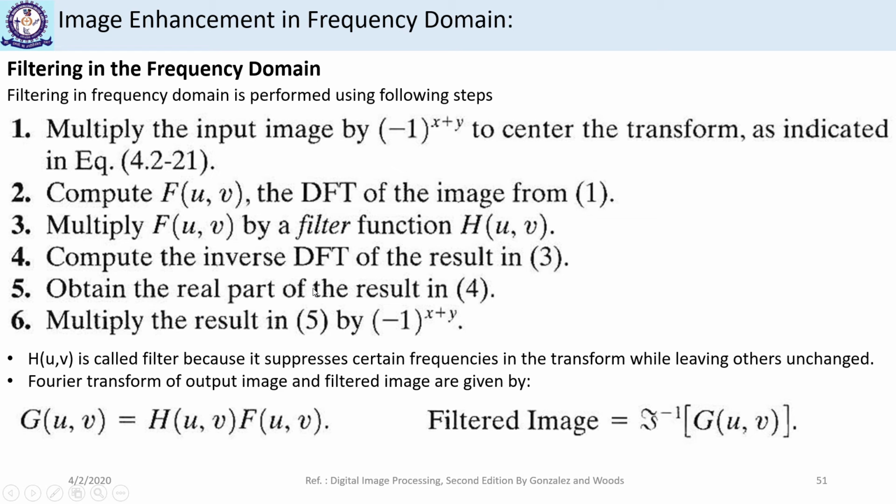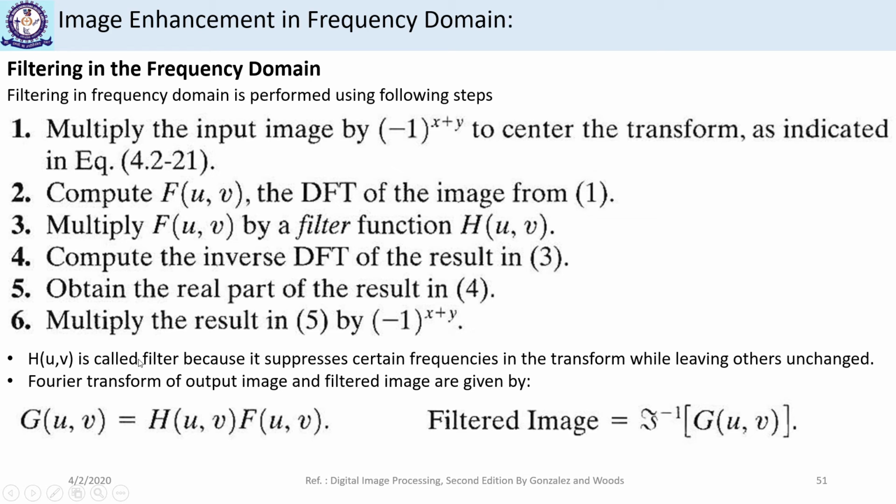Why do we take only the real part? Because when the filter coefficients are positive and real, and the image coefficients are also real, then the imaginary coefficients will be negligible. So we can neglect those imaginary parts, and we take only the real part of the result. Then we multiply the result obtained in step 5 by -1 raised to the power x plus y. Why? Because we had multiplied it in the first step. So we again multiply it by -1 raised to the power x plus y, and we get the enhanced image